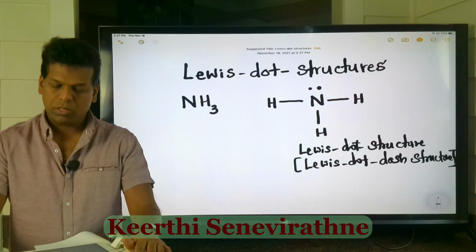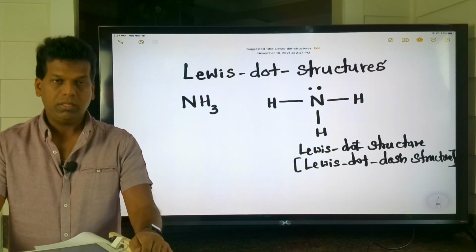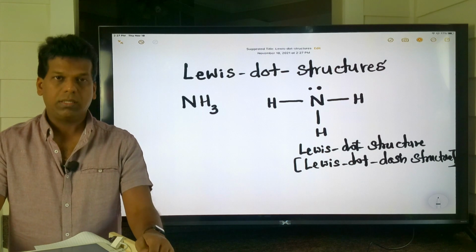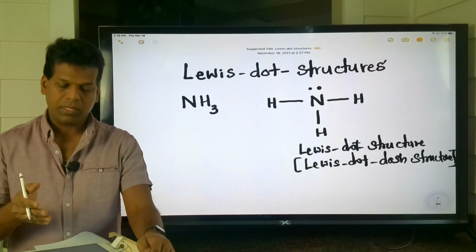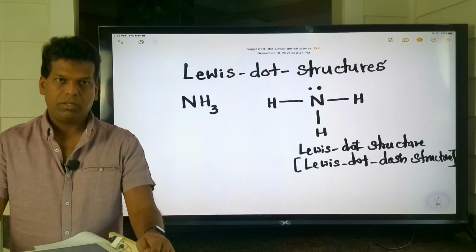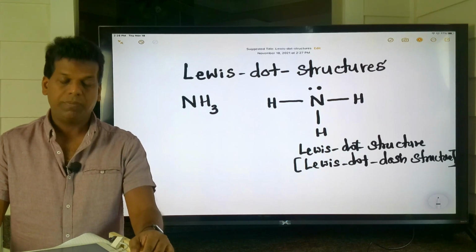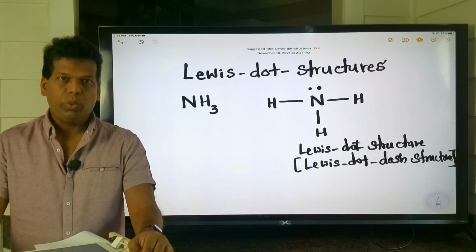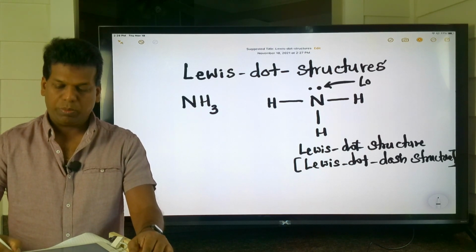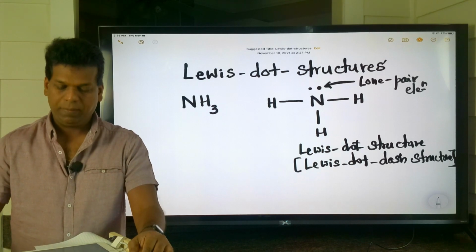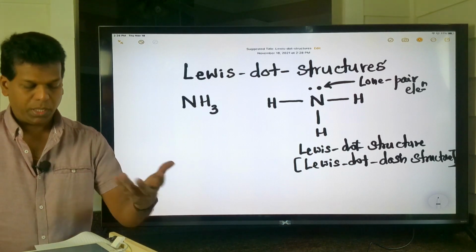If you look at the Lewis dot structure, it says there is nitrogen and 3 hydrogens, and the nitrogen is in the middle and the hydrogens are terminal atoms. Between nitrogen and hydrogen there is a single bond, and there is a lone pair on nitrogen. This pair is called the lone pair. As you can see, when you write the Lewis dot structure, you can get more information compared to just